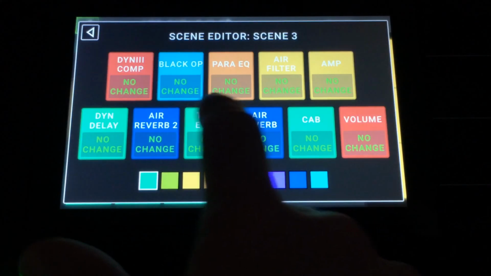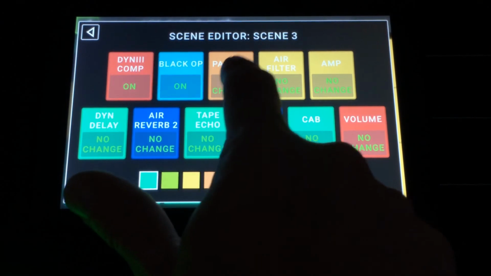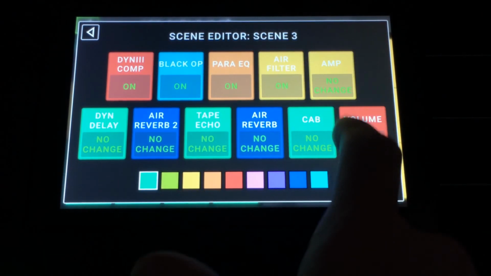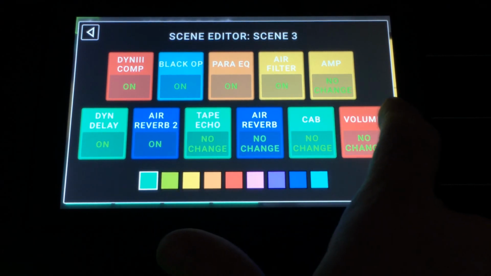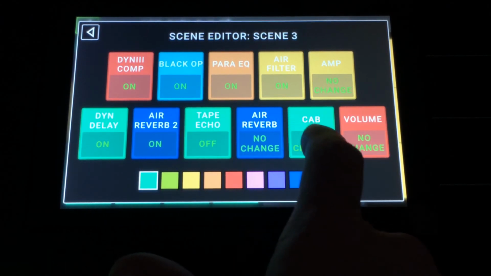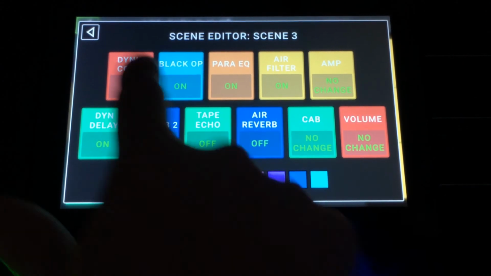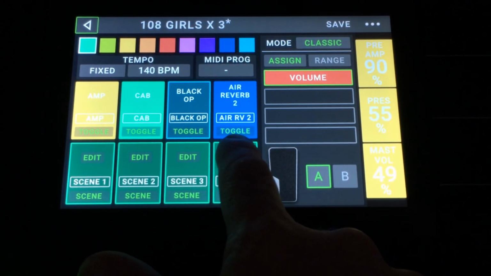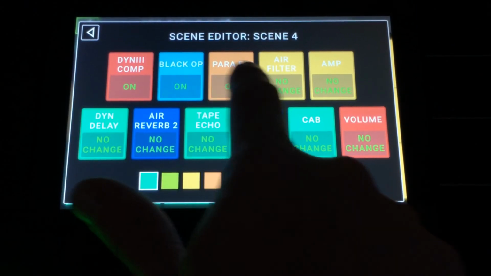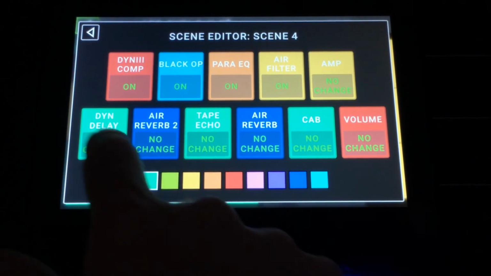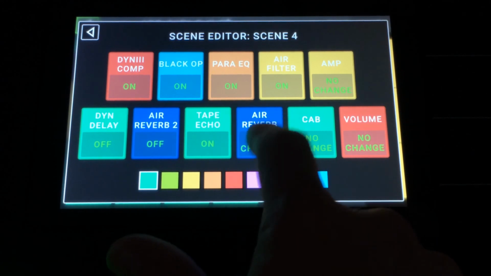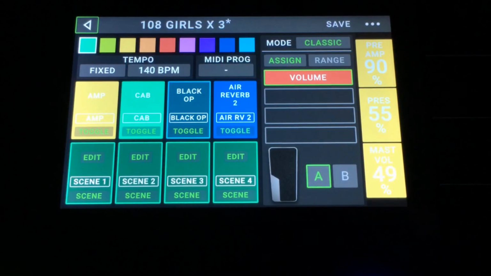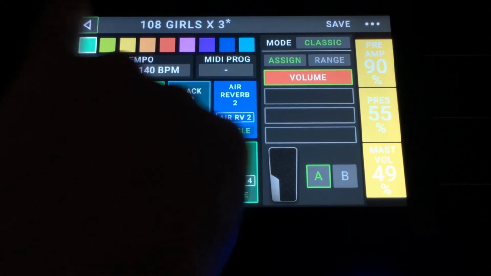For scene 3, we want to hear all of those, but this time we want to hear the dynamic delay and the air filter and the air reverb, but we do not want to hear the second tape echo or the second air reverb. And then for the final scene, we do not want to hear the first pair of delay and reverb. And there you have it. So now if I go back out,